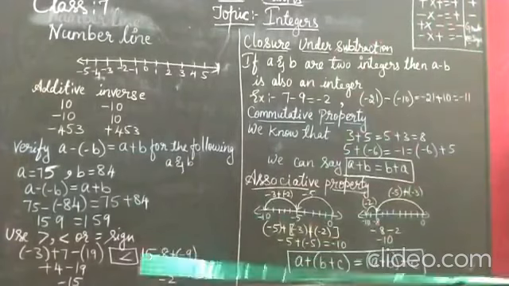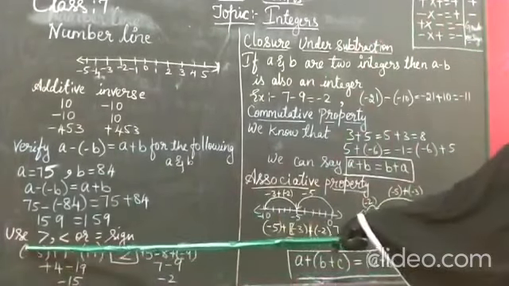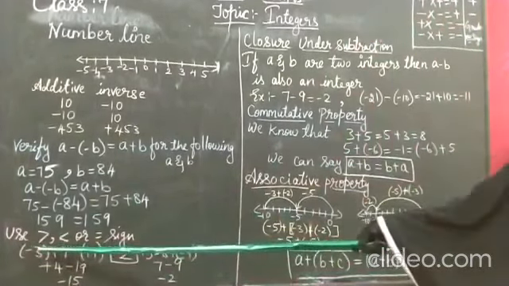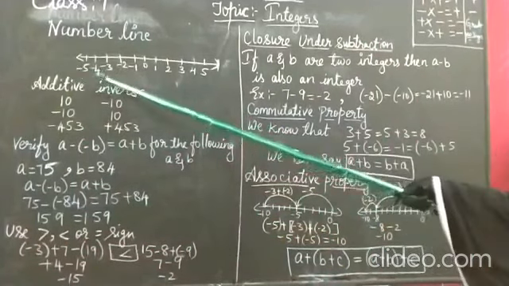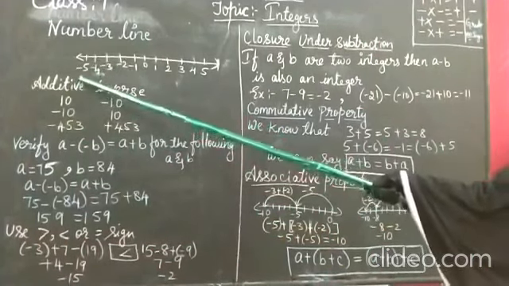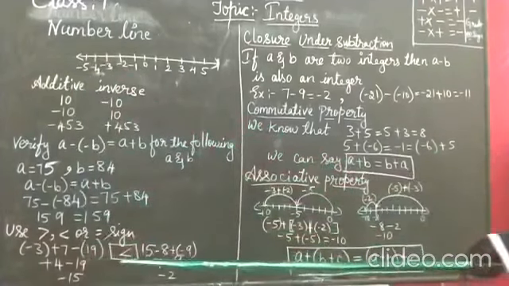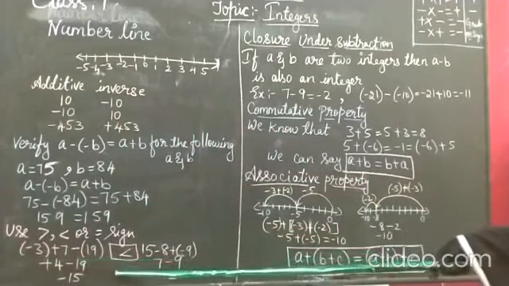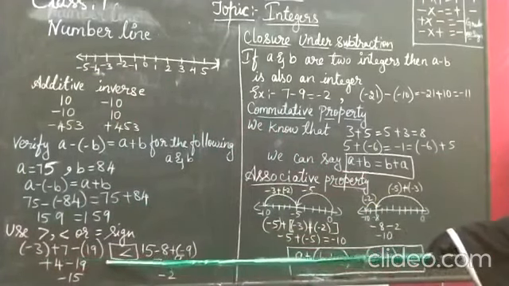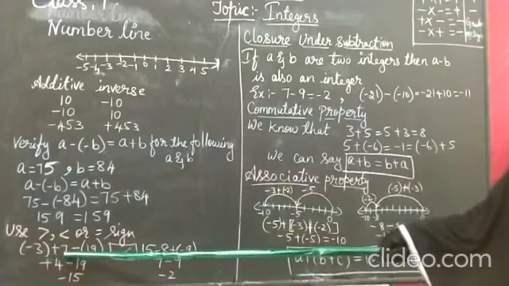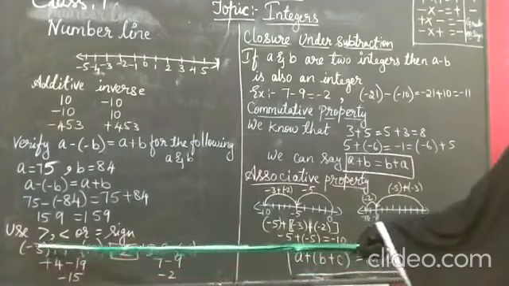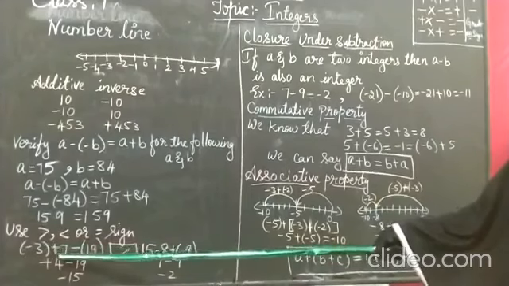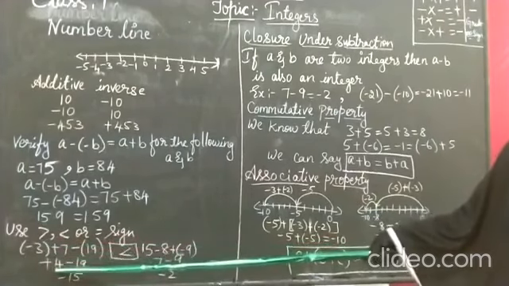Now, coming to the next, from your exercise, they are asking which is greater or lesser. As I said, a negative number with the bigger number is always small. Now here you can see, first you should do the addition. Then only we can say whether the given number is greater or lesser. For that, minus 3 plus 7. What is that? Minus into plus is minus. So plus 7 minus 3 will become 4.